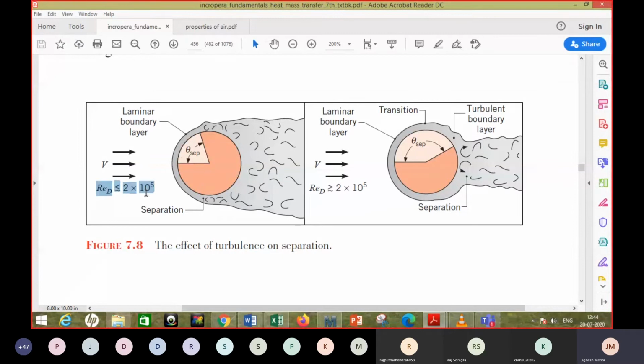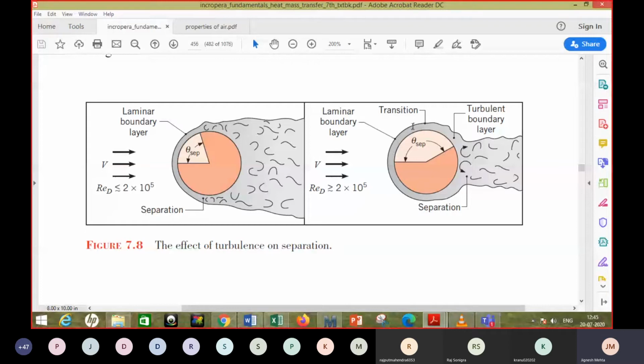So what you will see is if the velocity is lower, then the separation takes place early, that is at around 80 degrees. This theta separation is around 80 degrees, just before this vertical line. But if the velocities are high, the Reynolds number value is high, then there are two things that you will observe. One, here the flow is kind of laminar, right? That is because the local velocities are low. Though the macro velocity is high, the local velocity is low, and because of that, the flow inside the boundary layer is still kind of laminar.